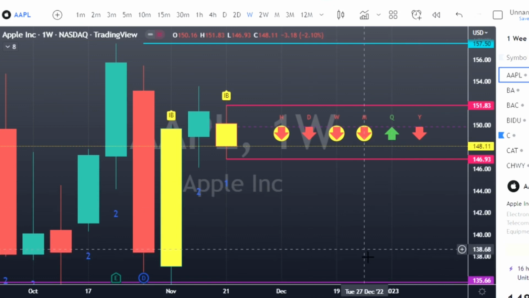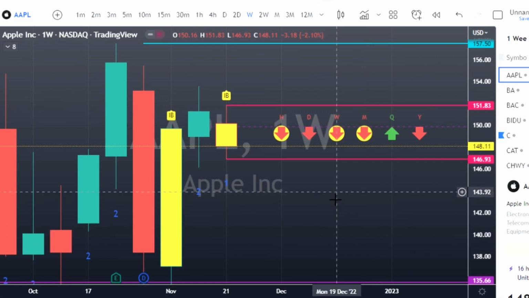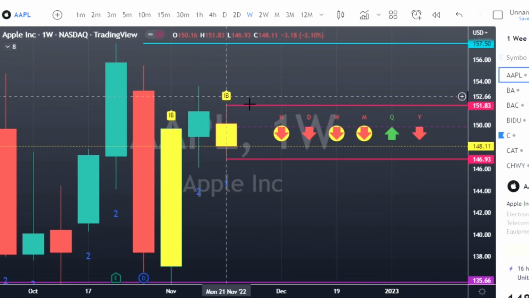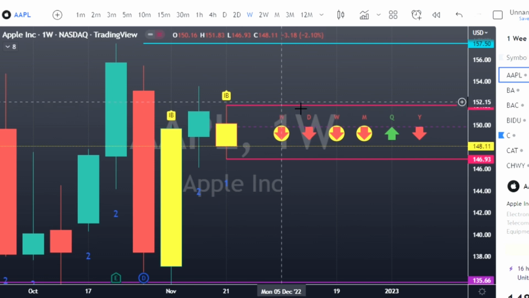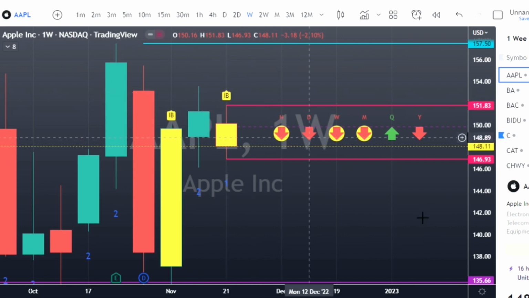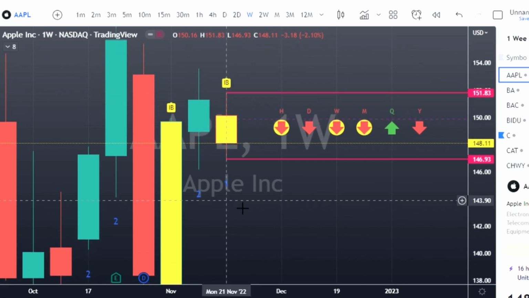I will start by saying, guys, when I do option plays for the swing trades, the option trades I'm taking, I get a 2-week expiry, and then I'm getting at the money or just out the money, usually for the swing trades. Okay, so we're going to start with Apple.